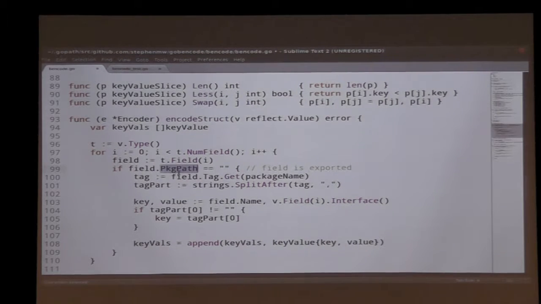And then it is checking the package path in order to decide if the field is exported. In Go, we know that something is exported only if it's got a capital letter. So, one of the important things with reflection is that you can never set a non-exported field. You are able to read it, so using something like